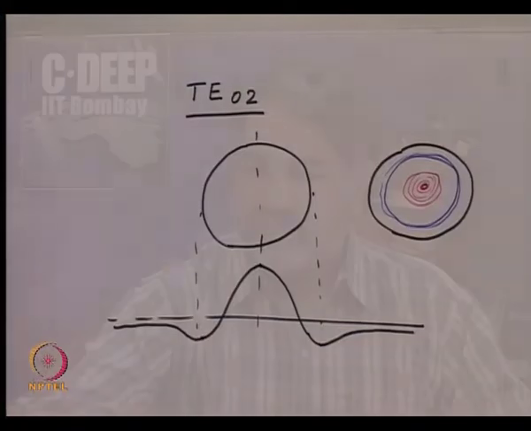by the nomenclature which you have defined, that the first index tells us the variation of the field amplitude in the azimuth direction, and the second index minus 1 tells us the number of zero crossings in the radial direction. With this understanding, one can now look at some more features of this, and that is,